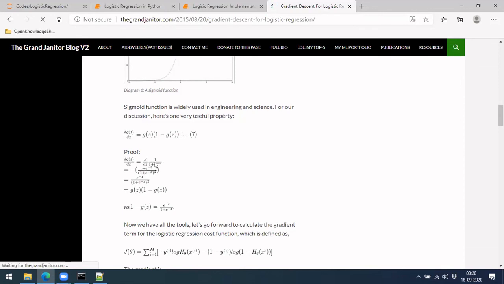You'll be getting something like 1 by x, derivative is minus 1 by x square, and you also have to do derivative for e power minus z again. They made it like that so that it forms like this. So 1 minus e power minus z is actually this. So we can write it in this form.